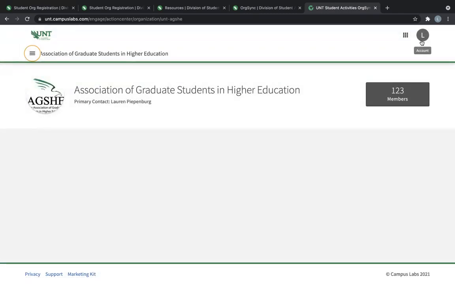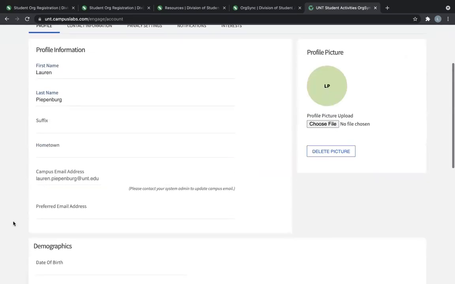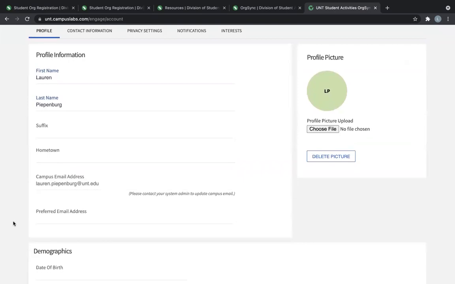So if you go back over here to the right-hand side and click on the initial tile, you'll click on account. And another really, really important thing about OrgSync is making sure you have your email address updated. As an OrgSync profile, your campus email address will already be uploaded and set as your preferred email address. However, if you do not check your UNT email or your my.unt email, definitely go ahead and update your